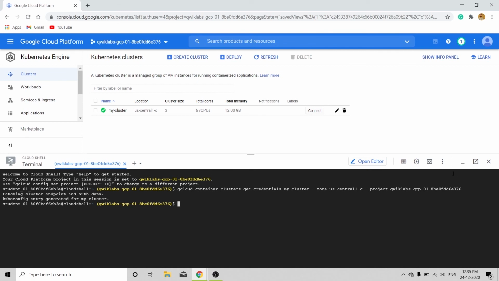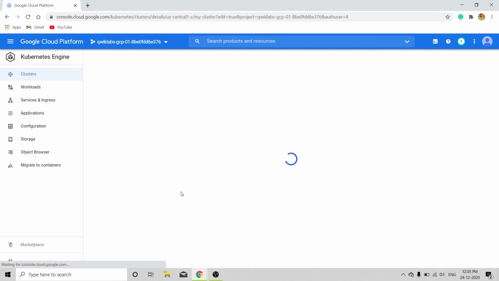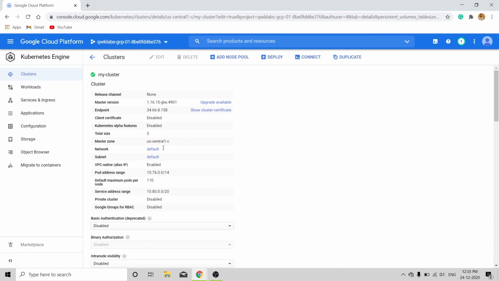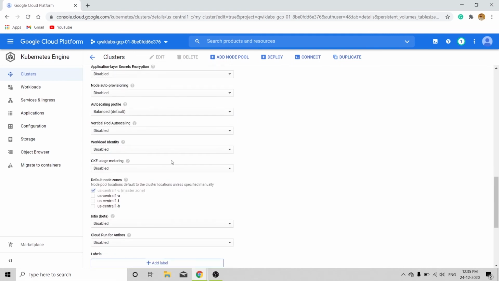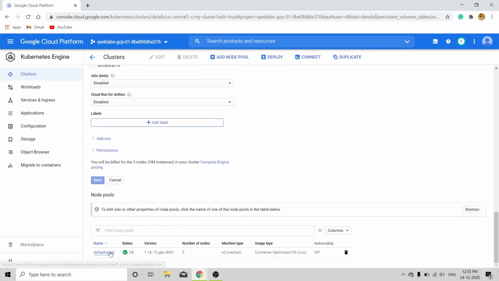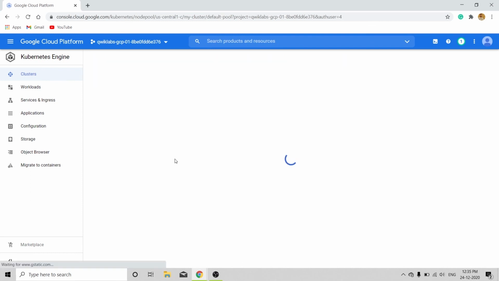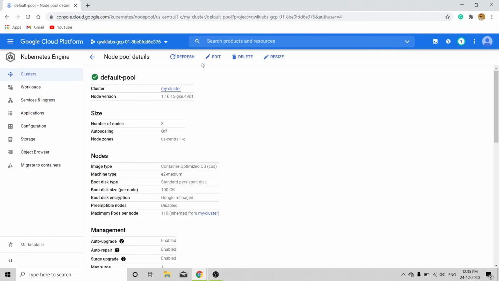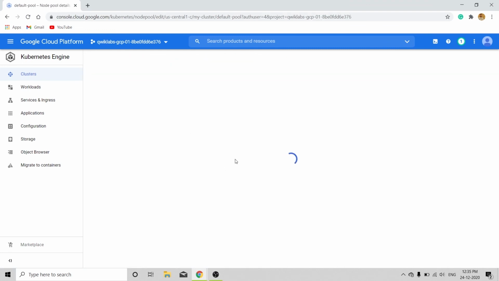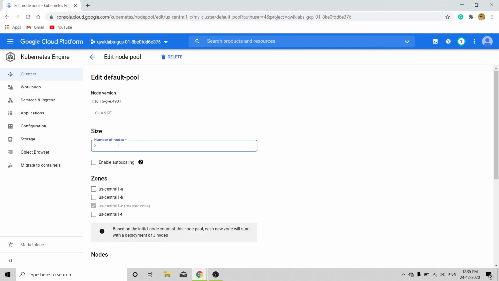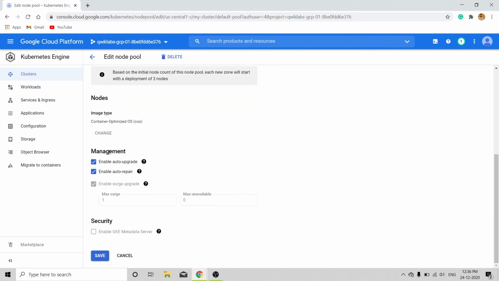So now if you need to resize the cluster, just click on edit. You will see the details of the cluster you created on this page, and you can make the changes here. So this contains all those details about the cluster we created, and you can make necessary changes. And here I'm going to resize the nodes of 3 of E2 medium to 1. So clicking on default pool and mentioning the number of nodes in the edit option, I'll just give 1 and